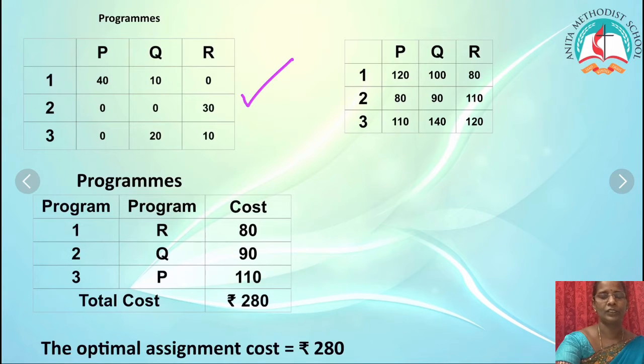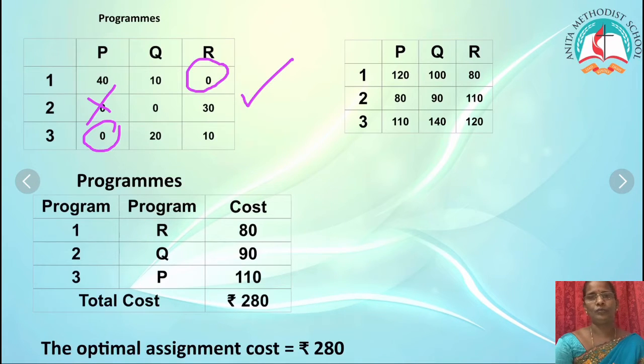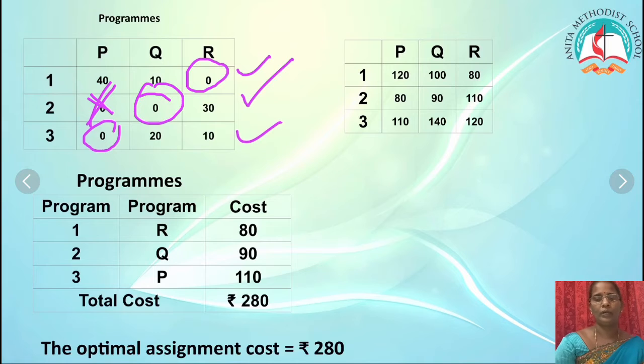Now look at this reduction table. Here I have one 0, here I have one 0, so now I have to strike off this. I have marked the first row and the third row. The second row I could not mark before, but after you strike out, I have only one 0. If this is the case, you can mark. So I can make the assignment in the second row also.